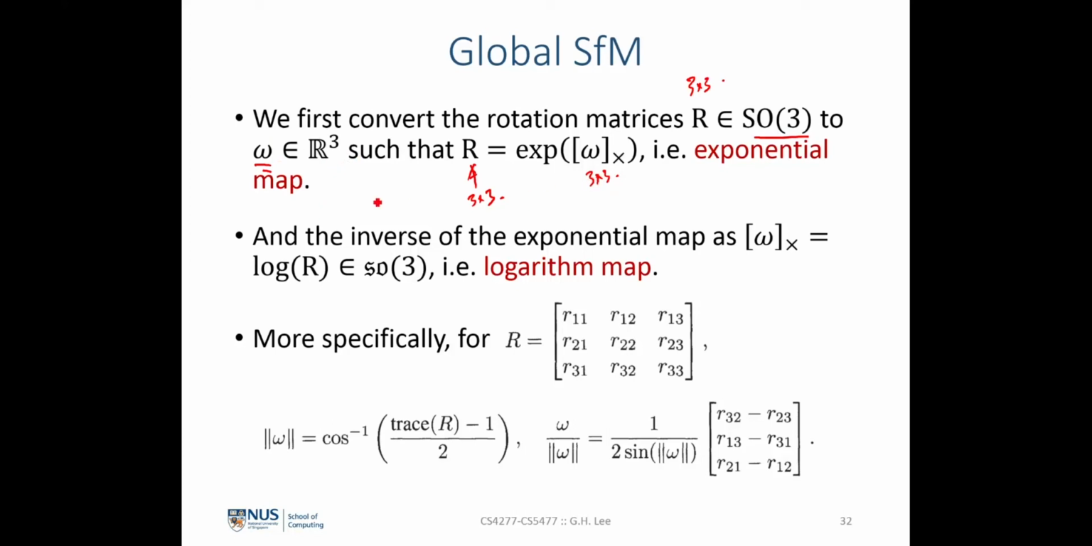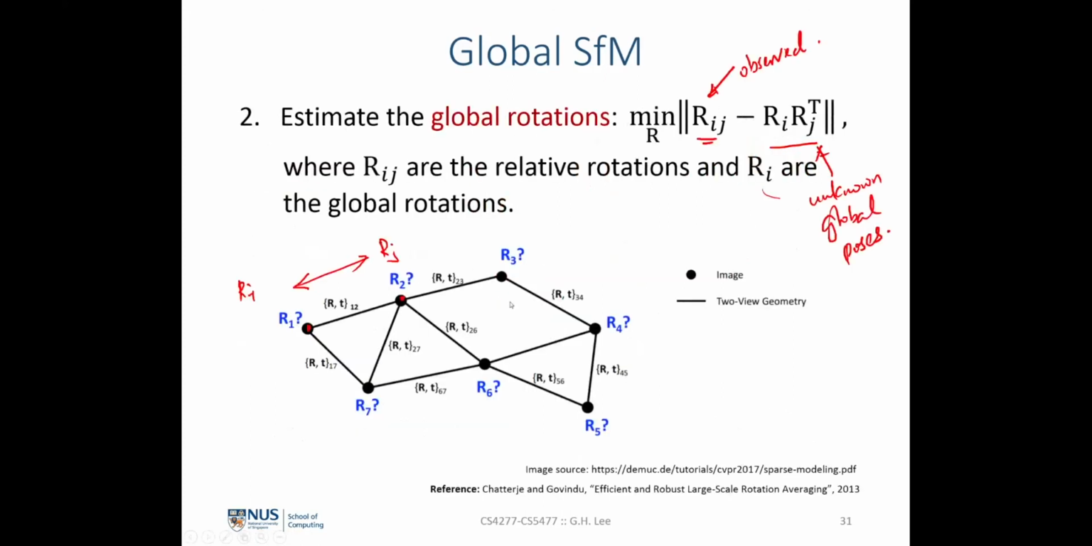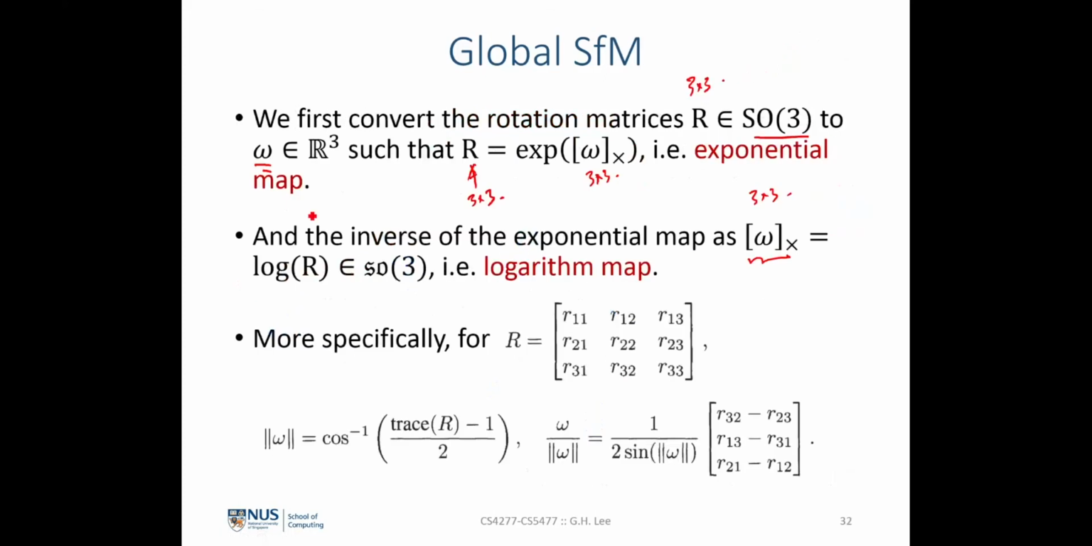That means the mapping function that takes in omega and outputs R. And the inverse of this exponential map would be denoted as the logarithmic map, where the 3 by 3 skew symmetric matrix formed by the omega over here equals the log of R. So more specifically, what we wish to do here is that given this rotation over here, which is a 3 by 3 matrix, we want to reformulate this cost function into the format of